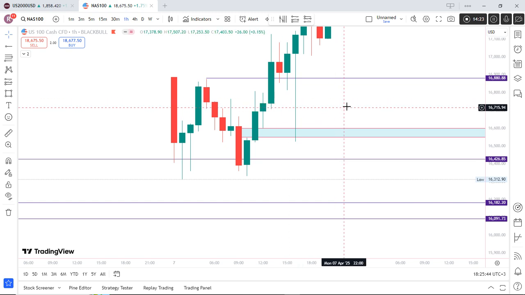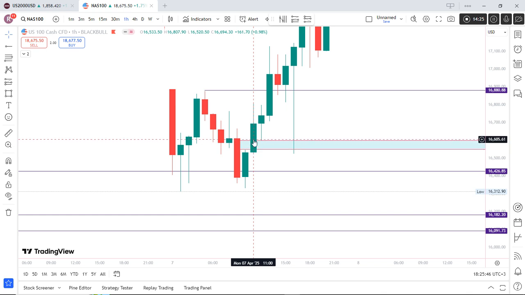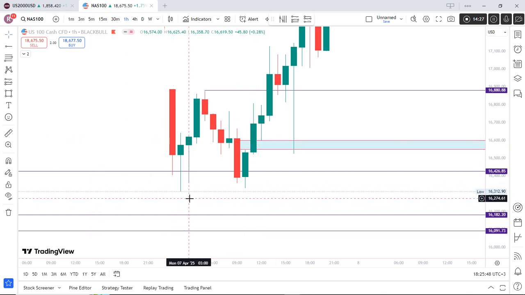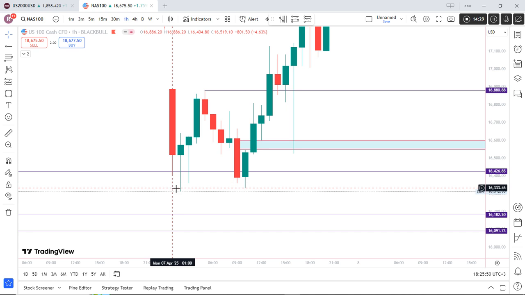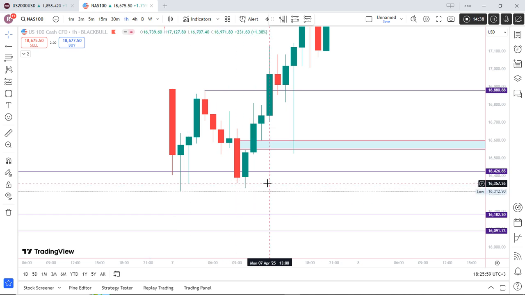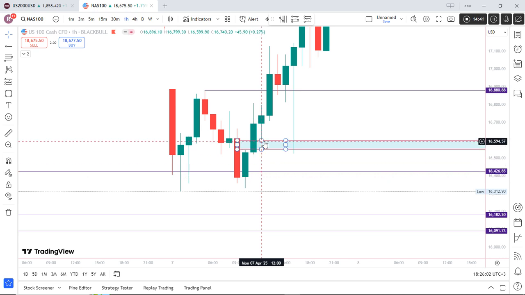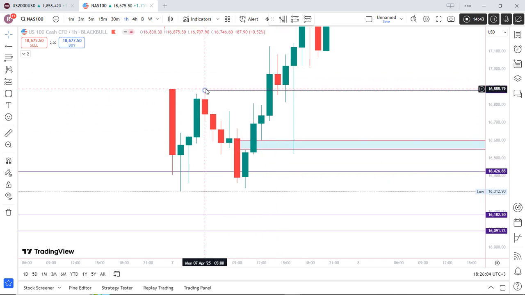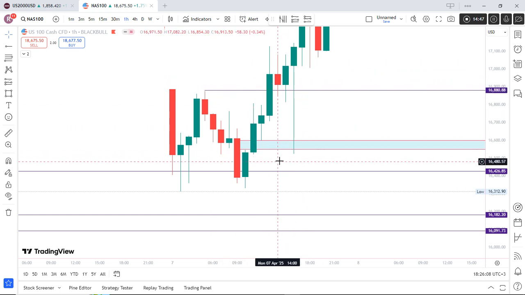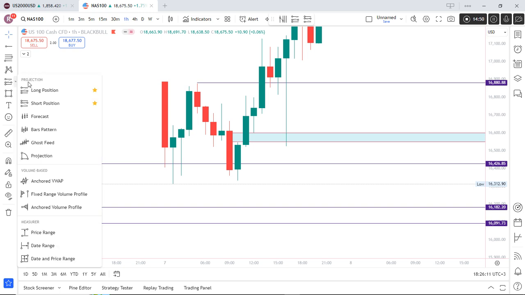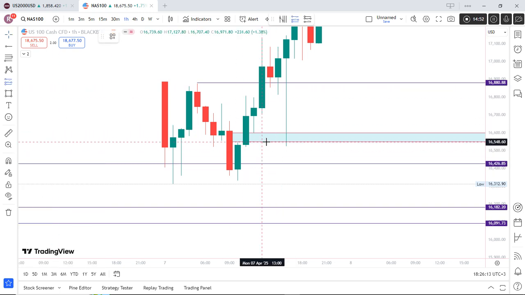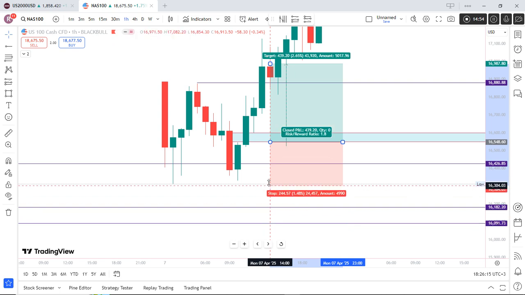So price creates a fair value gap here after attacking a higher time frame, that is a daily price inefficiency, which was the bullish fair value gap. And now after hitting the bullish fair value gap, we create another bullish fair value gap on hourly time frame with a break of structure. Meaning what? We are waiting for price now to come into this gap. Then you place your sells right here. You enter there. Stop loss